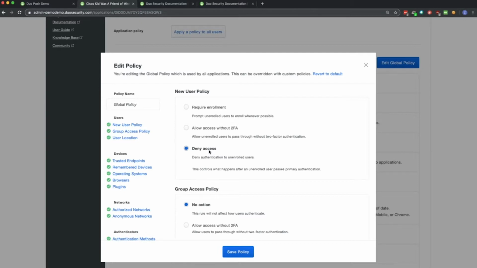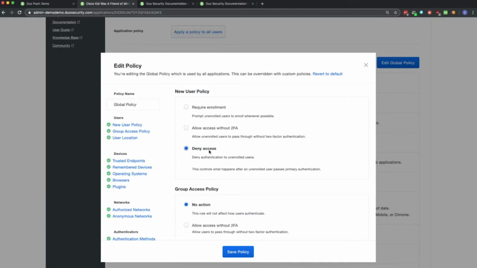The other options here would be allow or deny. Allow is a great tool if you have to test in production. This means that unless you've invited or directly enrolled a user, they're going to be allowed access with just their username and password. So in this scenario, you could have a pilot group of 100 users. You have those users added to a group that is going to get added to Duo. Those users enroll their devices. Each time they go to log in, they're going to be prompted with Duo based on the policies that you set, and you can gather their feedback.